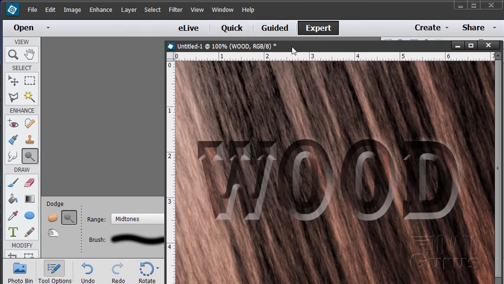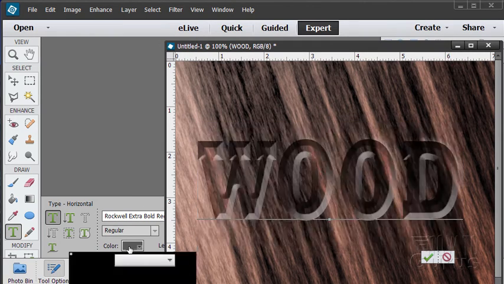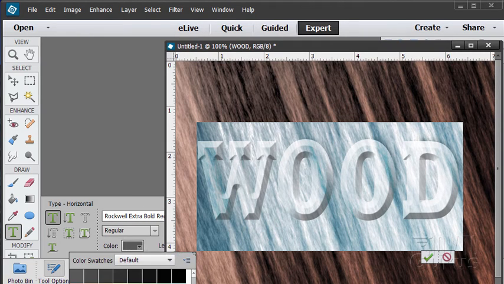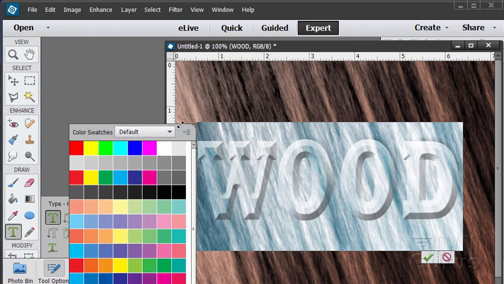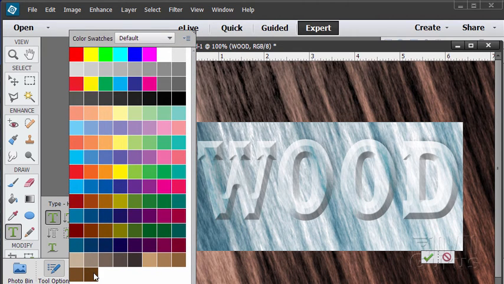So let's take a look at that. We'll grab our type tool. There's the gray we use, so click on your type. There's the gray. And let's scroll down a bit here so we can find a darker brown. Not really seeing one there exactly. Let's pull this up a bit so we can get a little better view of those. Okay, there's kind of a nice mid brown. We'll use that one